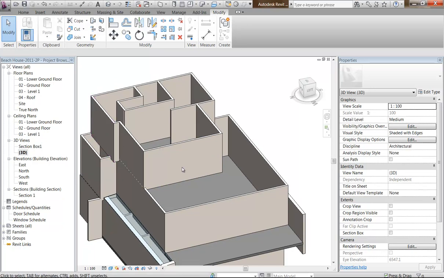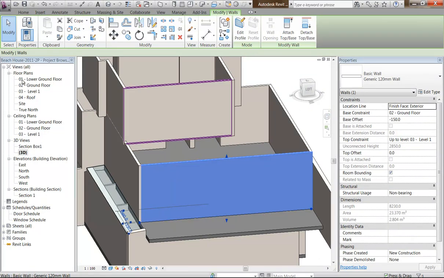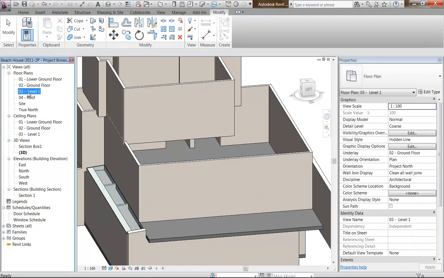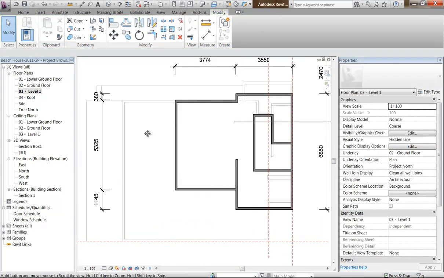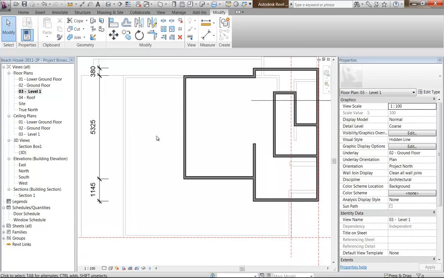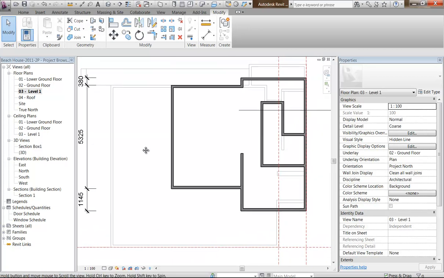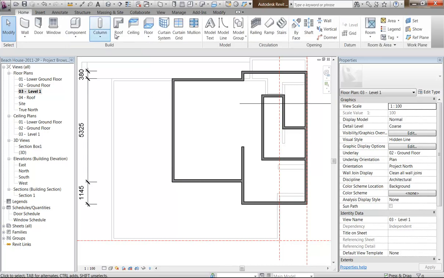So the roof over the wall here on the above the ground floor needs to start on level 1. So it's drawn on level 1 to sit over ground floor. And okay, so here, looking at the walls first before I do anything, it's got to go over this greyed out area of wall and finish at the edge of the exterior of the walls on this level, on level 1. So using the roof tool,